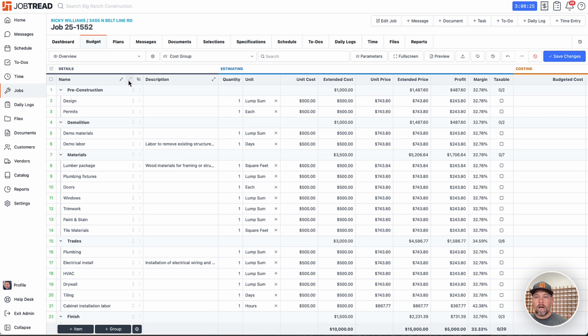Again, if you don't supply the unit, the cost type, or the cost code, that's okay. We will just default to the first one on the list. But